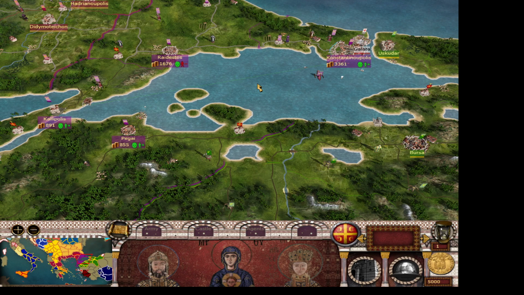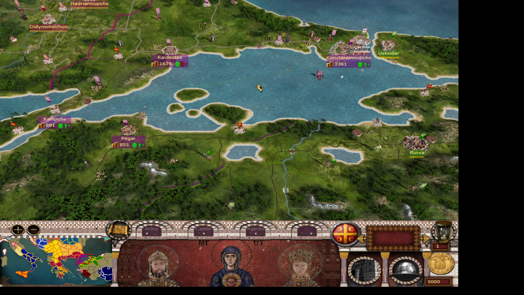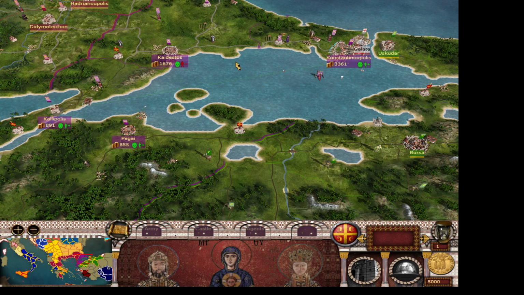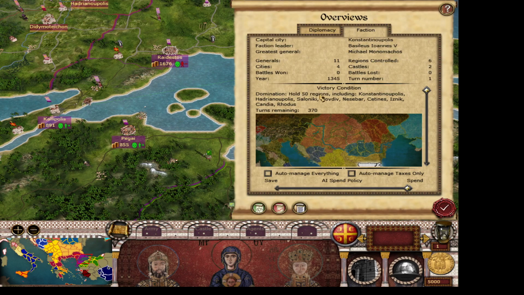You can either have a consolidation campaign where you just try and establish your nation as a secure kingdom, or you have an expansionist campaign, which is very much in the line of what you'd expect, sort of take 30 regions. On this one, we're on domination, so the expansion. I'm a portion of Rome, which has been split into 2. So you have this,